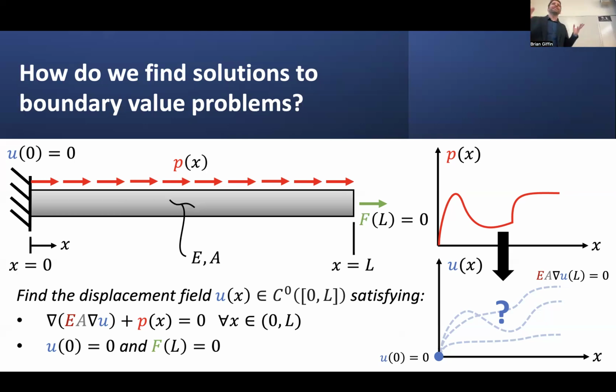Okay, so we posed these general boundary value problems as being basically a statement of saying, I'm looking for a function that lies in maybe the set of all possible continuous functions, which is a requirement of compatibility. I have to have a continuous displacement field in order to ensure that the structure doesn't split apart as it starts to deform under these applied loads. So it has to be a continuous function at a minimum, and it has to satisfy this governing differential equation at every single point within this structure, such that it satisfies this statement of equilibrium in that pointwise